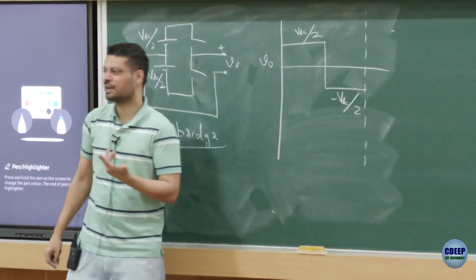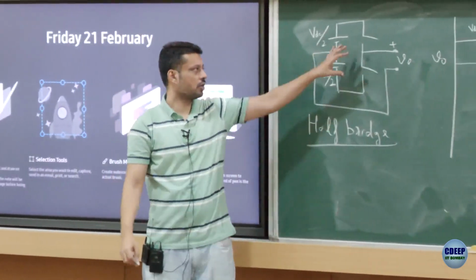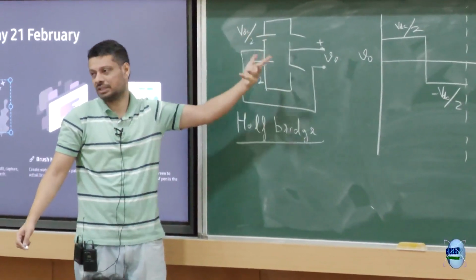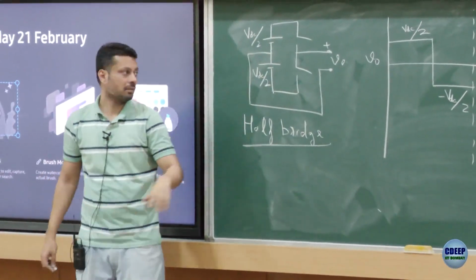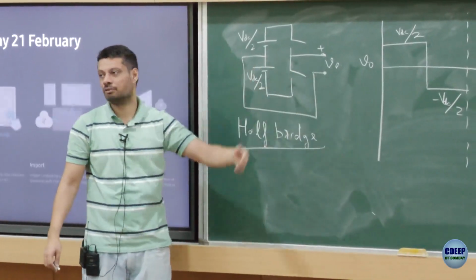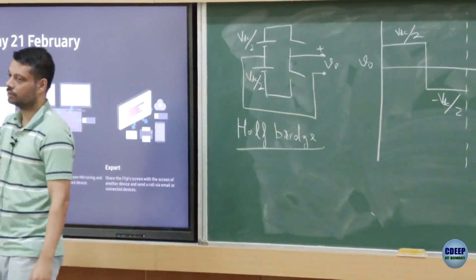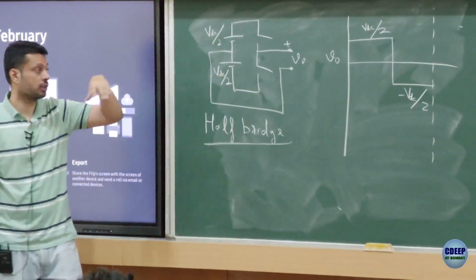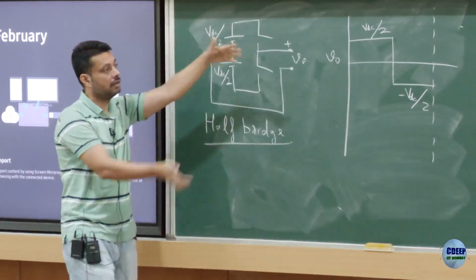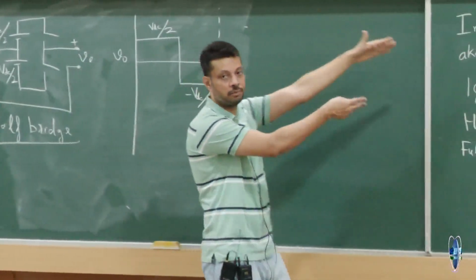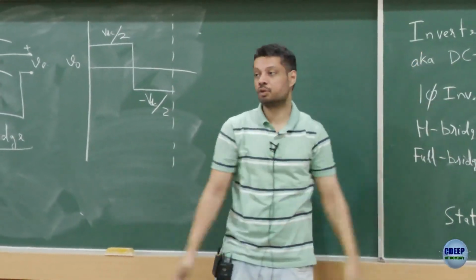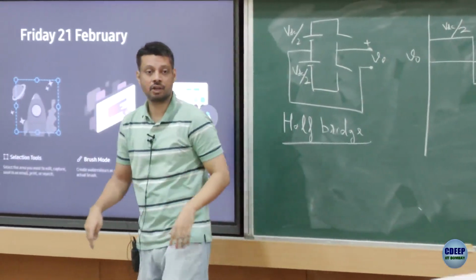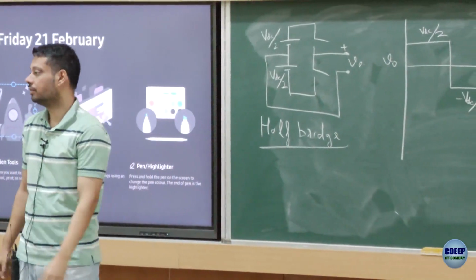Anyways, now there are two switches, you cannot open them both, you cannot close them both. So you have only two states, right? 1, 0 or 0, 1. One will give you plus VDC by 2, one will give you minus VDC by 2. You would require two DC sources. Let's say earlier we had a total DC link voltage of 400 volt. You could have produced an output with an RMS of 400 volt. Now if you have 400 volt in this circuit, your output RMS maximum can be